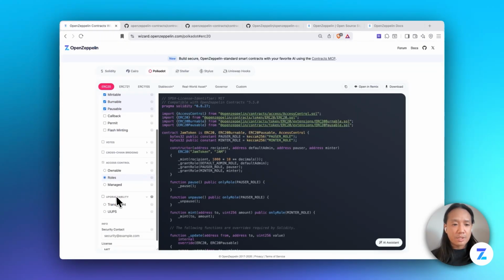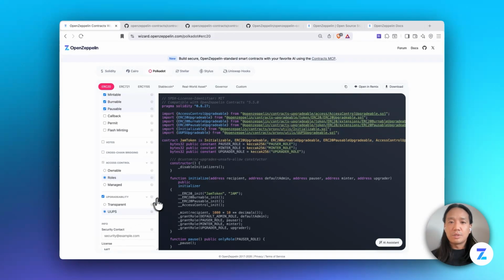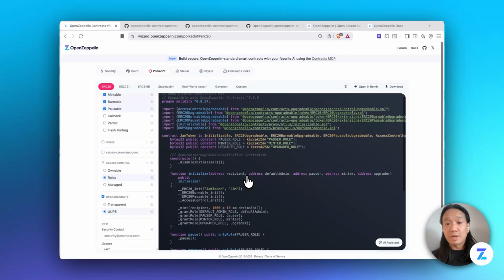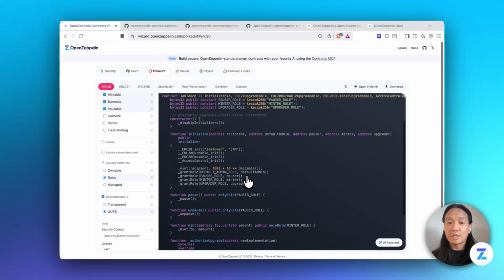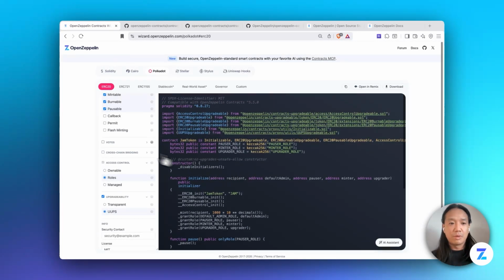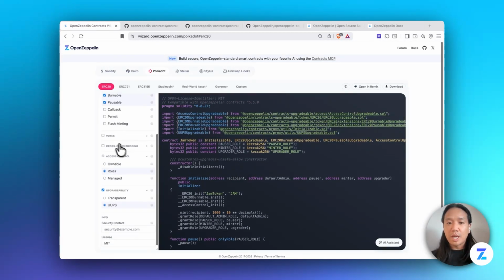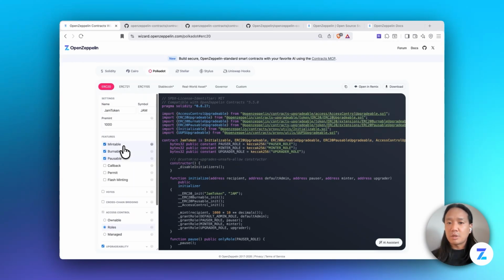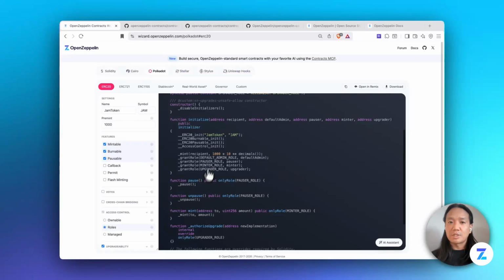Finally, let's actually add some upgradability. So we'll add the UUPS upgradability standard. This showcases the ease of access to the breadth covered for each standard. So you can see by just clicking on these few toggles, we added and generated a robust ERC20 token with different extensions and features. And finally,